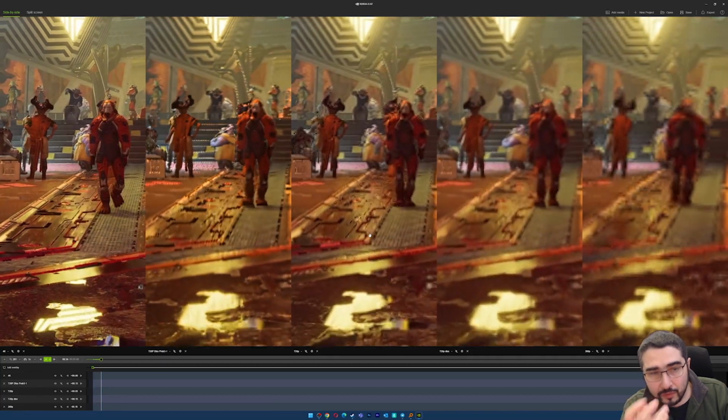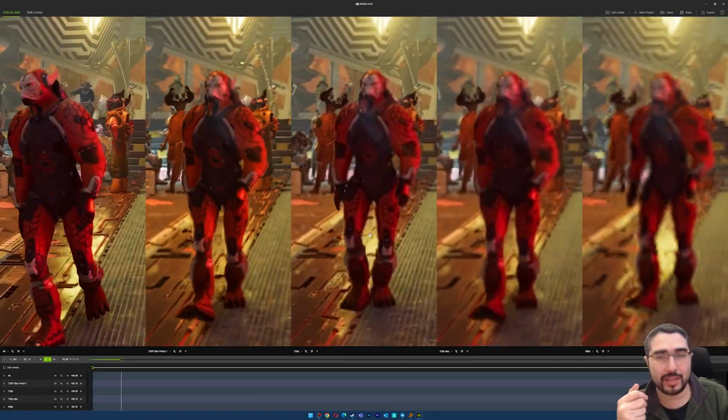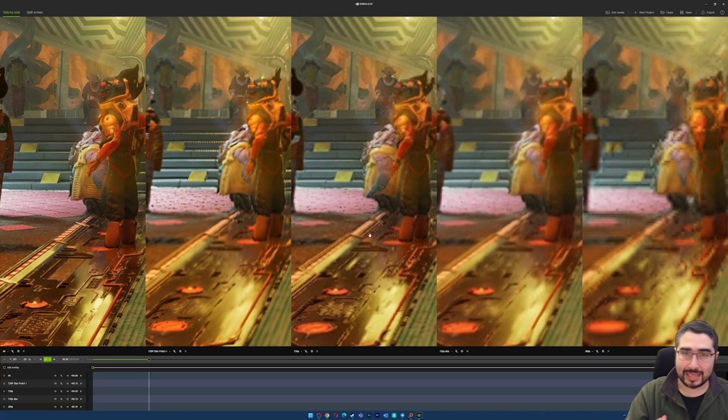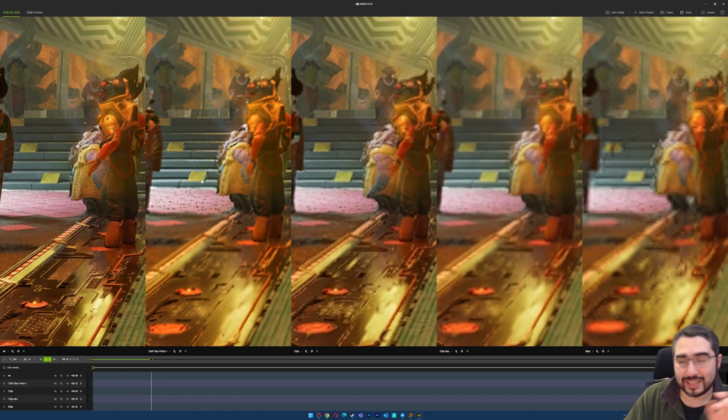It's the quality of the final image, not how it was created. Who cares about how it was created? So yes, I know what some of you may say. Oh, there are some artifacts and some stuff. Yes, there are. Remember, the last part of this conversion was done using a video AI upscaler instead of actual internal.